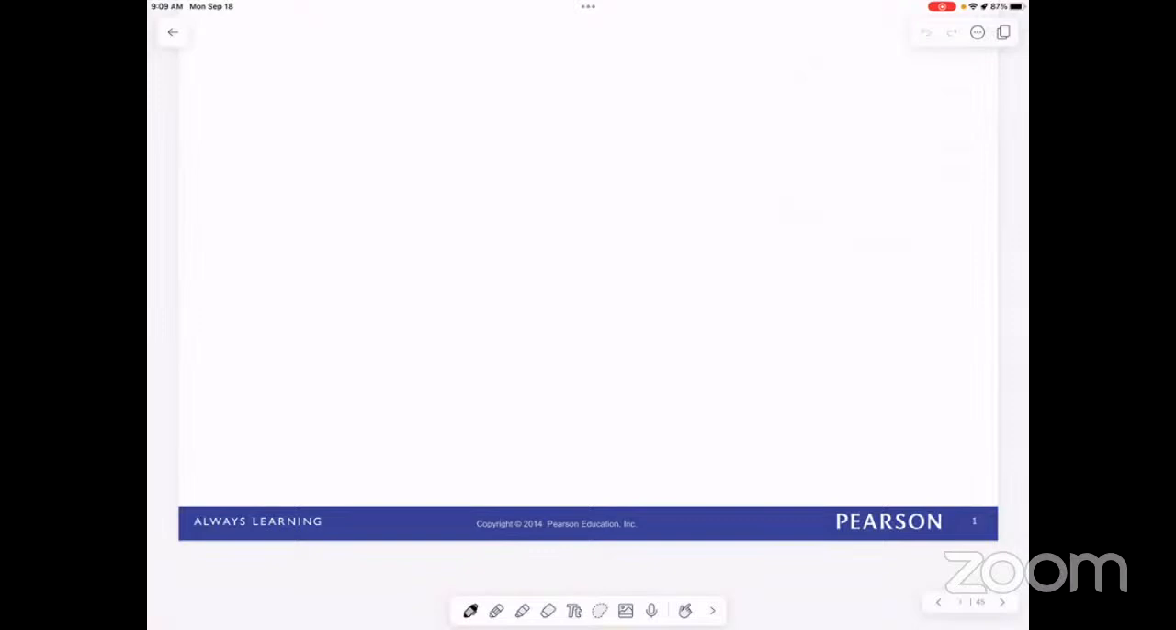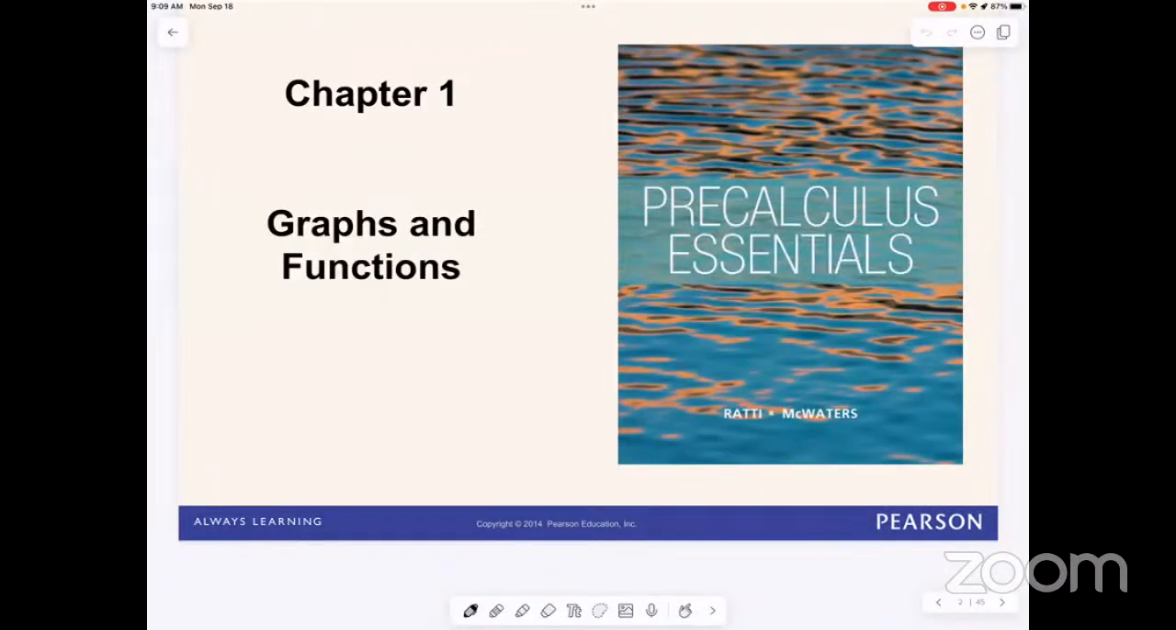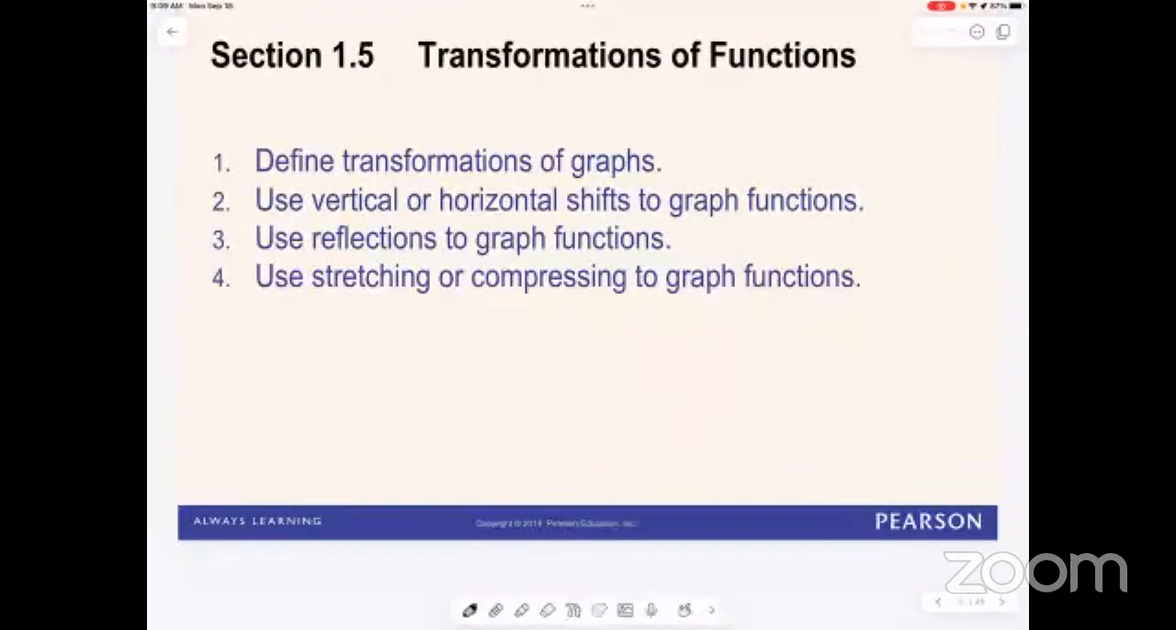All right. So we're continuing chapter 1. I think we have two more sections, one more after this section. Chapter 1 is over graphs and functions. Today we're going to be working on section 1.5, transformations of functions. A few objectives: one, we'd like to define transformations of graphs. Two, use vertical or horizontal shifts to graph functions, use reflections to graph functions, and use stretching or compressing to